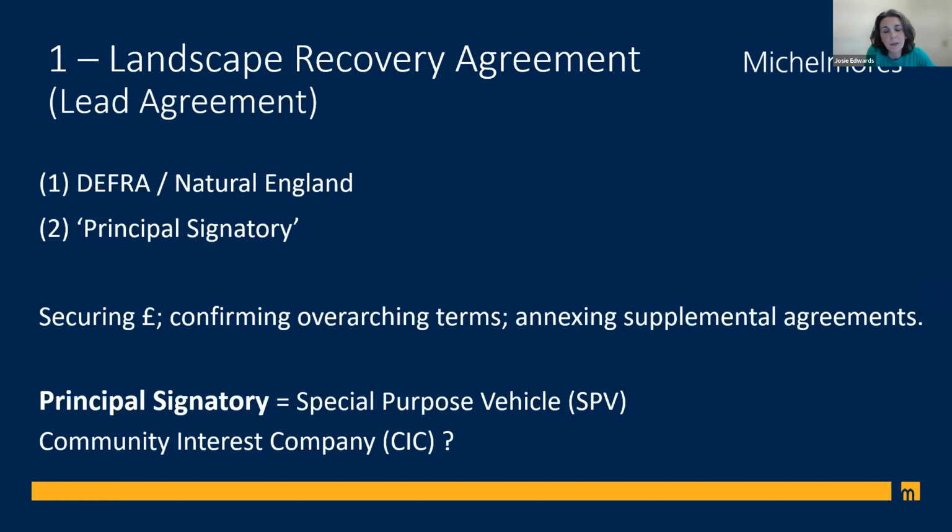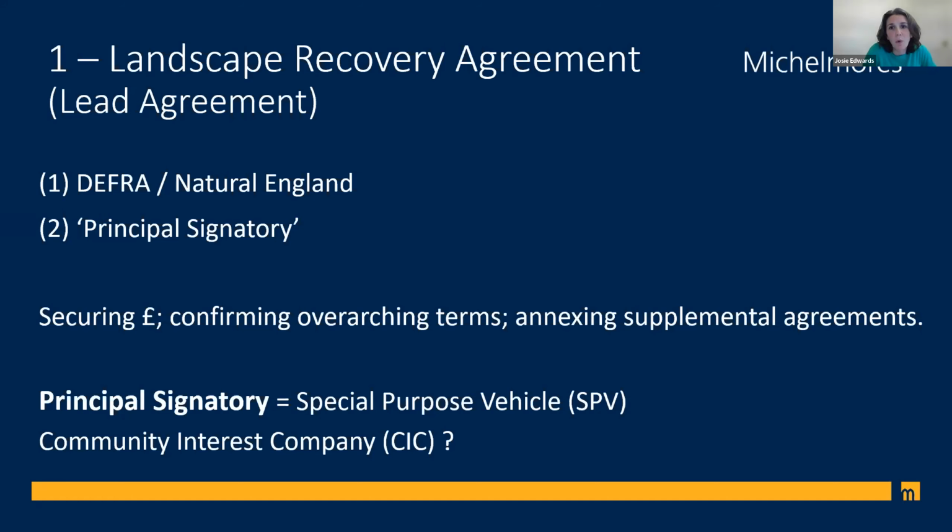Now, the lead agreement would then annex and refer to the subsidiary documents, and those will ensure that the various elements and all of the interested parties and stakeholders are contractually bound to deliver the scheme, although they're not direct signatories to the lead agreement. Structuring it this way allows the government to contract with one single entity and it focuses management control and responsibility on that single entity. But of course, they need to be representative of all of the stakeholders involved here.